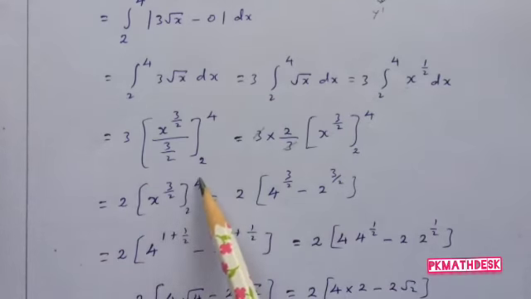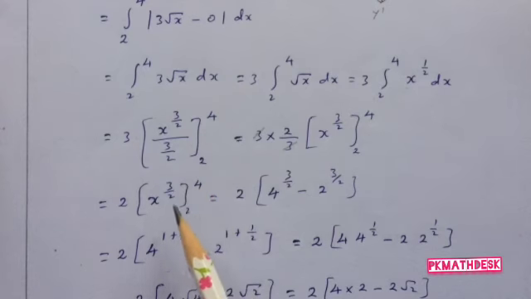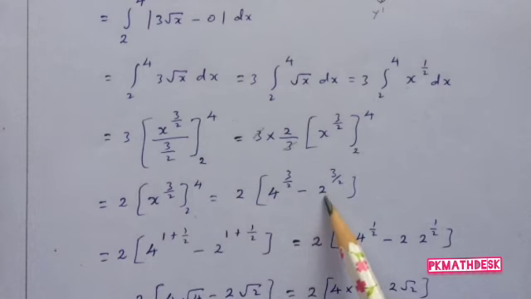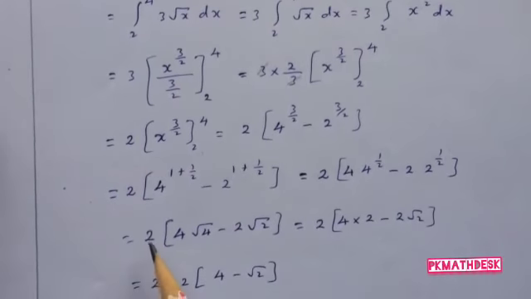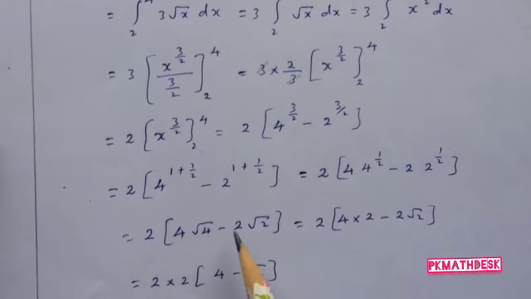Substituting the upper limit x equal to 4 and minus the lower limit x equal to 2. So 2 into 4 power 3 by 2 minus 2 power 3 by 2, equal to 2 into 4 power 1 plus 1 by 2 minus 2 into 2 power 1 plus 1 by 2. That is equal to 2 into 4 power 1 by 2 minus 2 into 2 power 1 by 2, equal to 2 into 4 into root 4 minus 2 into